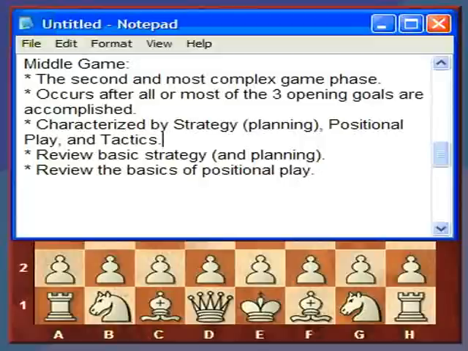The reason this is important is because positional play leads to the ability to utilize tactics. Now, your opponent may make a mistake, but generally you're going to be able to utilize the tactics that I covered earlier because you're playing very good positional play. And if you don't understand exactly what I'm talking about, I'm going to be covering these in future lectures, but